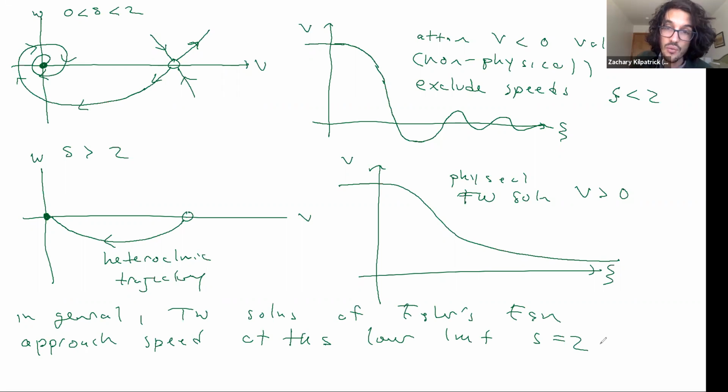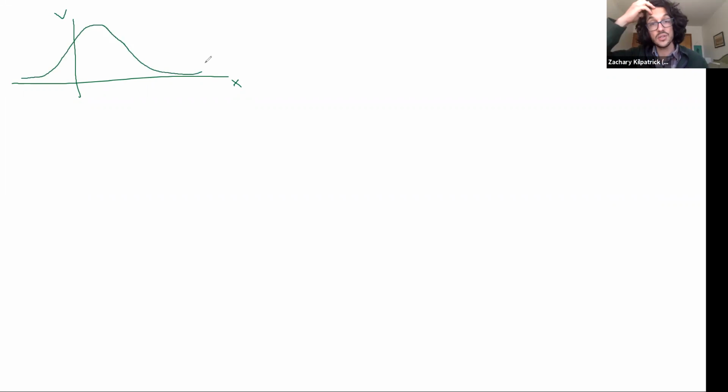So if you actually run numerical simulations of Fisher's equation, you start out with some random initial conditions, right? You need to have at least some population in some area, right? So you could do something like this. If this is X and V here, and I start out with some population here,